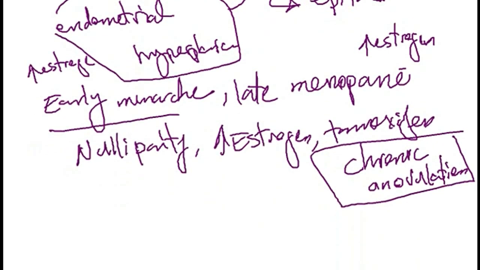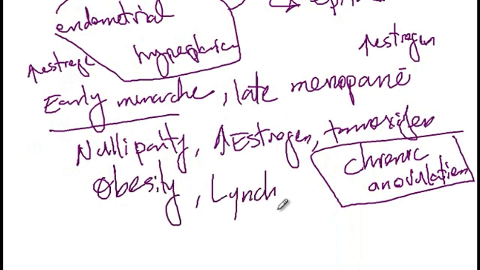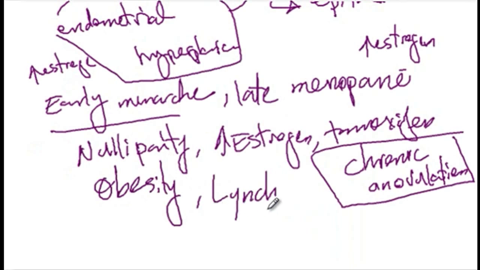And the other two risk factors that you should also be familiar with are obesity as well as Lynch syndrome. So Lynch syndrome, also known as hereditary nonpolyposis colorectal carcinoma, is due to mutations in the DNA mismatch repair gene, as a consequence of which these patients are prone to the development of colorectal as well as endometrial